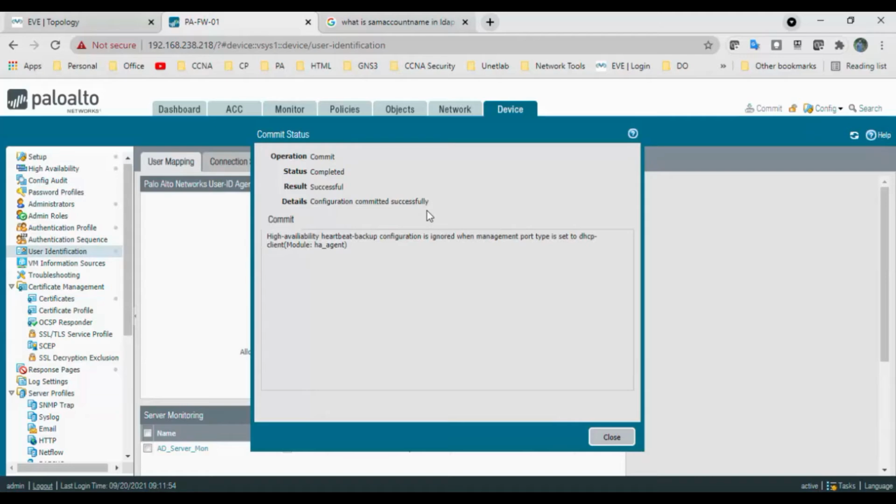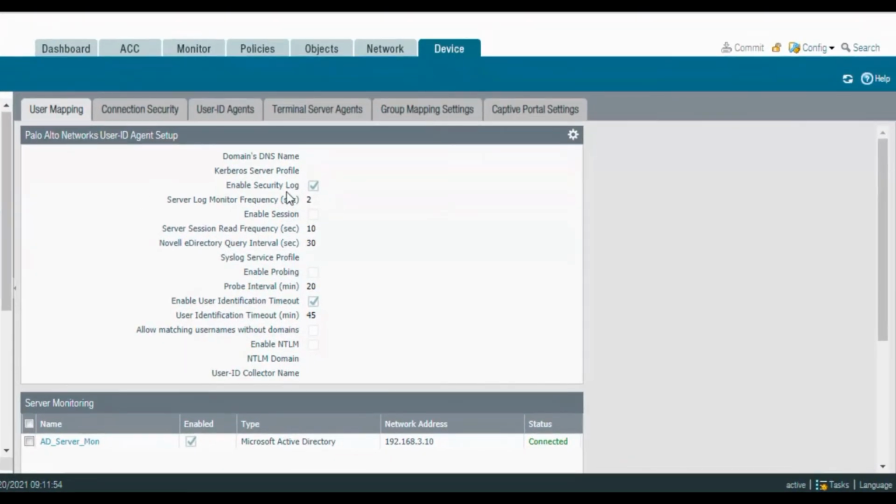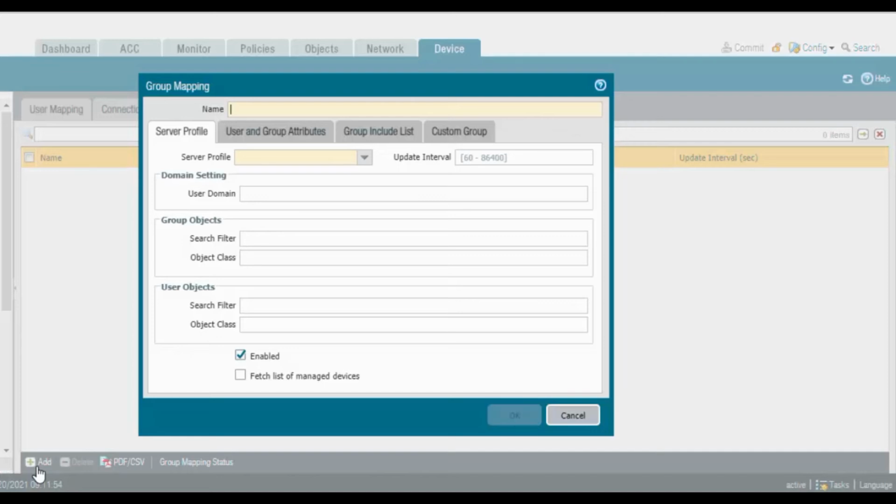Configuration committed successfully. Go to device, user identification, group mapping settings. I don't have any group mapping settings, so click on add. You can provide any name, for example LDAP group.